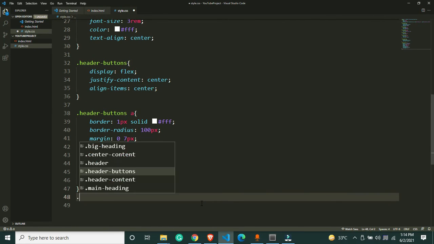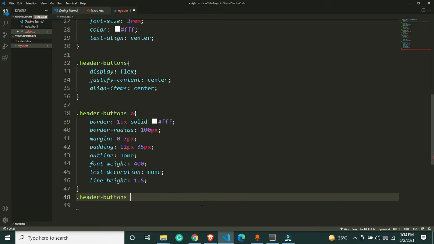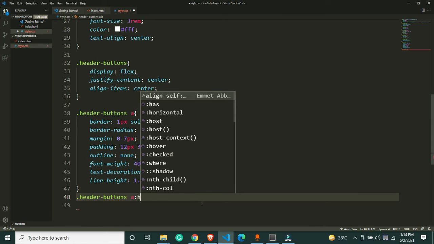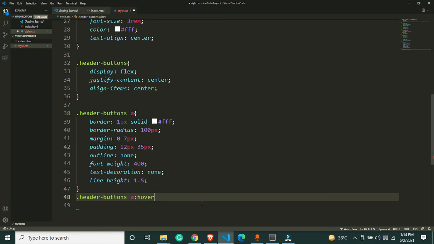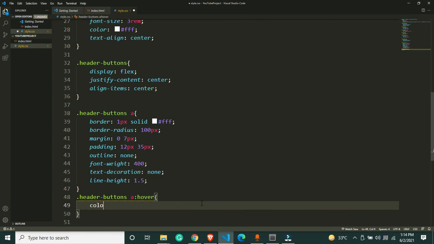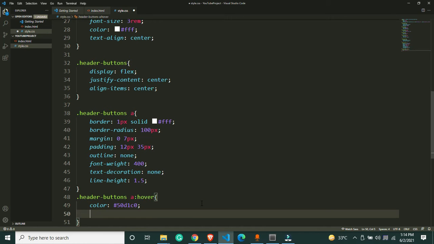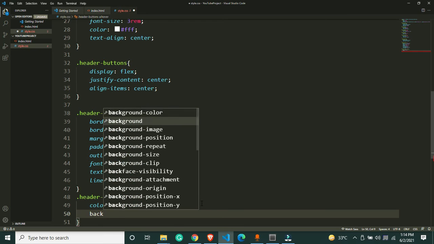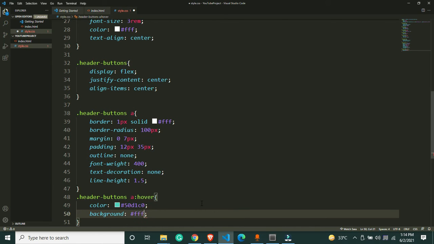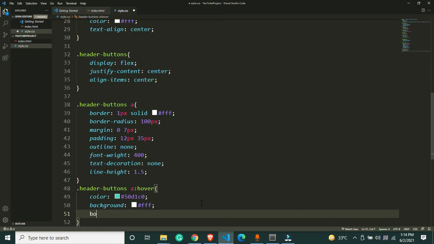Okay, so let's say hover effect. What we need to do is change the color, and I'm going to use this color. And then we have to use a background that is going to be triple F, and we just need a box shadow, and that's enough. 0 0 20 pixel,